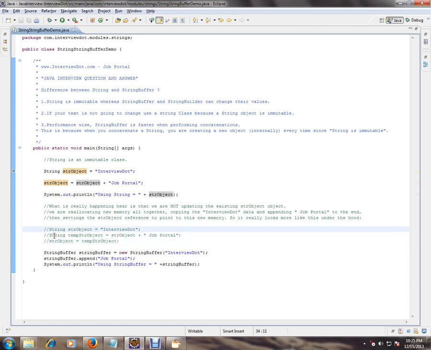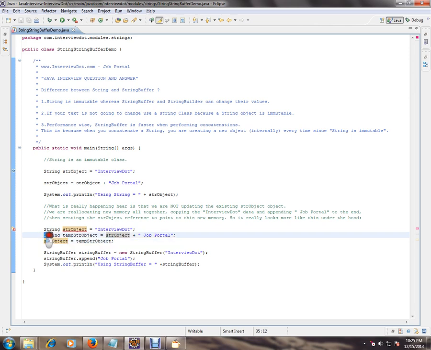So the String object is there. Whenever we do this statement, it creates a new object, copies the data from here, appends another value, and after copying it, changes the reference of the String object.